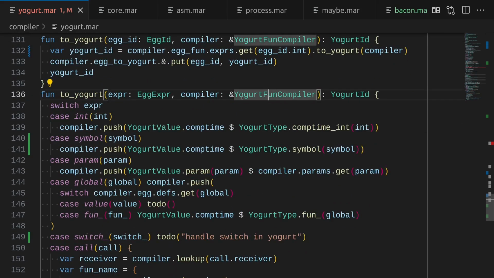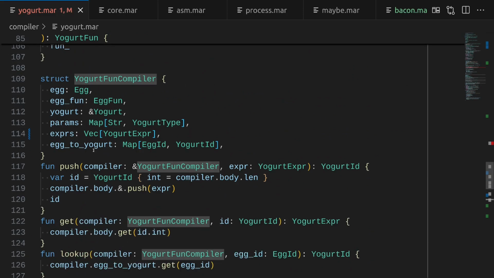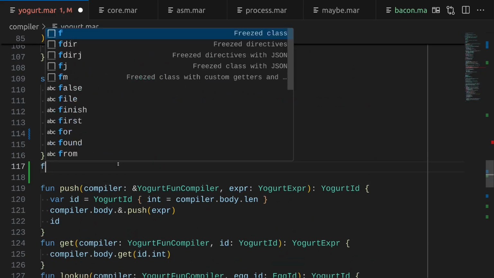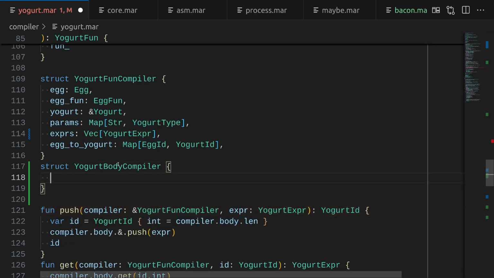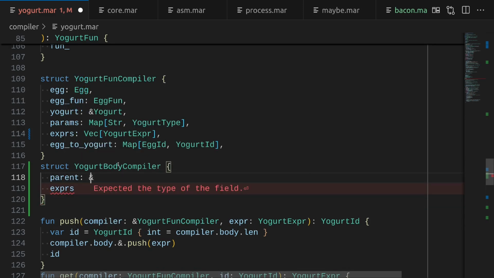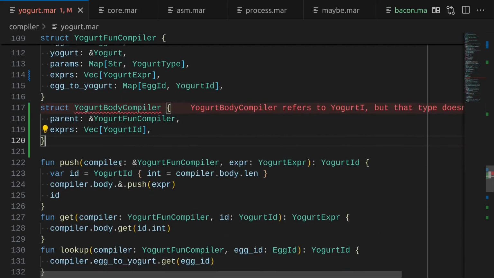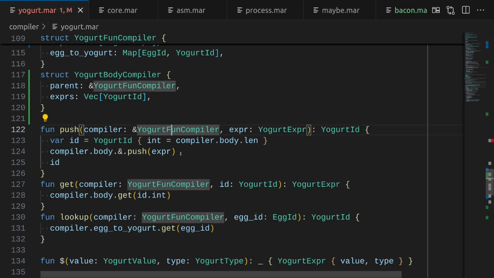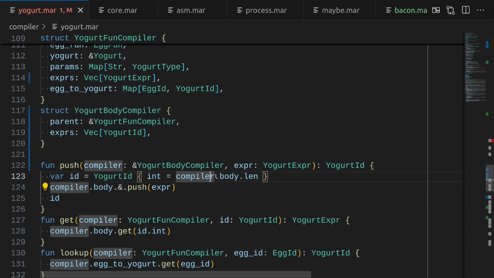And those shouldn't just work directly on a yogurt fun compiler, but similarly to what we did in the egg, we also want to have a yogurt body compiler, which contains a parent, which is a yogurt fun compiler, and it contains a vec of yogurt IDs. And then you can't push things to a yogurt fun compiler, only to a yogurt body compiler, which